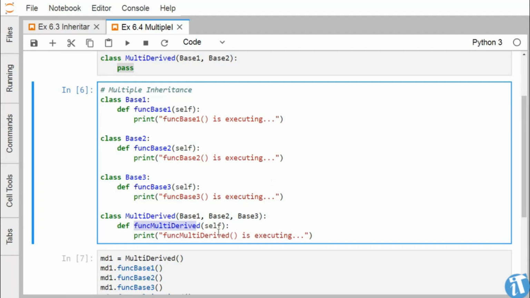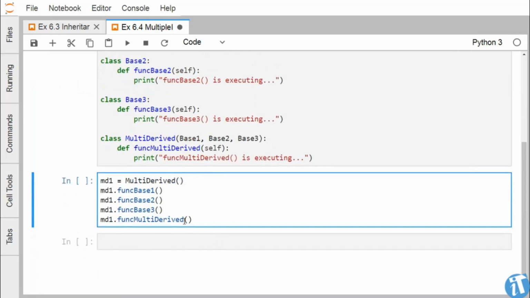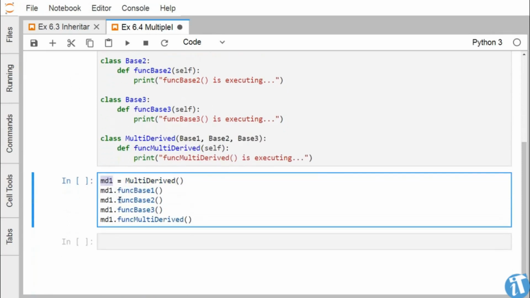So now let us go for our object declaration under this multi-derived. MD1 is the object name, a multi-derived object under the class multi-derived. So we have called this multi-derived constructor, and this object has been defined and instantiated. Now MD1.function base 1. That means this particular function is getting called, and then function base 2, this function is being called, function base 3, this function has been called,